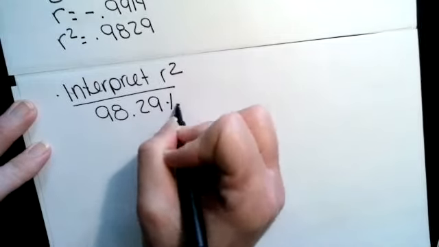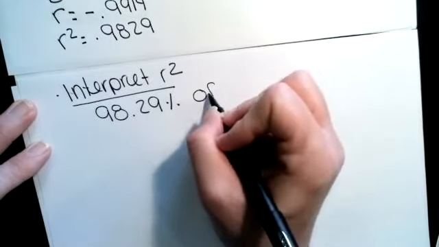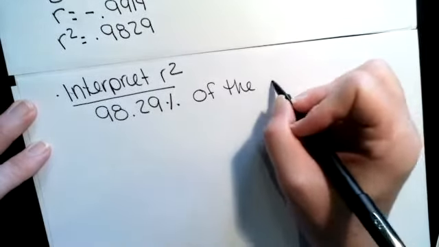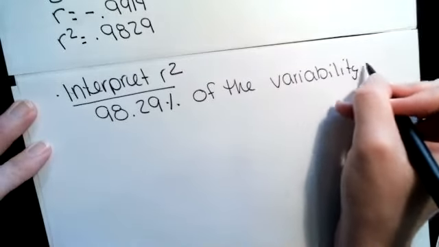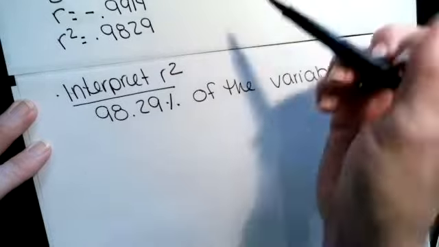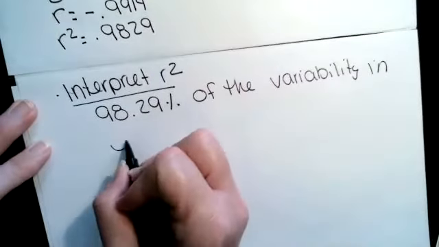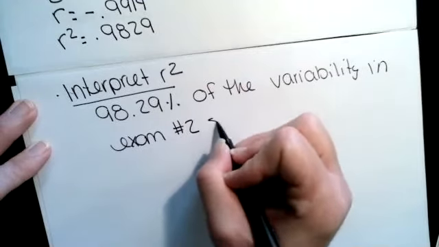That's a lot. 98%. That's close to 100%, right? 98.29% of the variation or variability in my y. So here, my y is my exam 2 scores, my exam number 2 scores,